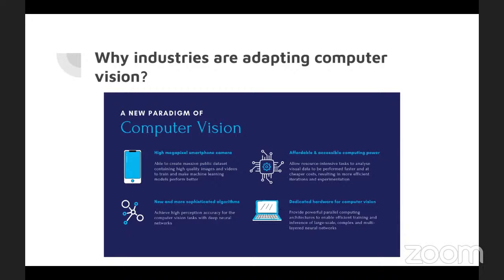And the next point is affordable and accessible computing power. Nowadays our mobiles and laptops are getting smaller and smaller, but the computing power is increasing drastically, like it's increasing exponentially. If I talk about 15 to 20 years back, or just 10 to 15 years back, we didn't have access to computing power. Like for a normal computer, playing even a moderate game like GTA